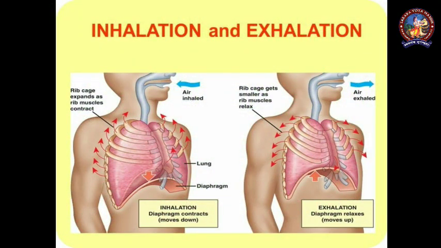In this slide, you can see a large dome-shaped muscle under the lungs, known as the diaphragm, which squeezes downward when you breathe in, making a vacuum that causes a rush of fresh air into your lungs, and the rib cage expands as rib muscles contract. In the same way, the opposite happens when you breathe out. That is, your diaphragm relaxes upward, pushing on your lungs, letting them deflate, and the rib cage gets smaller